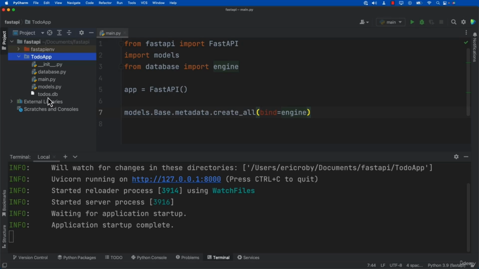Now you might be thinking, okay, well, how does this happen? Well, our models.Base.metadata.create_all(bind=engine) will create everything from our database.py file and our models.py file to be able to create a new database that has a new table of to-dos with all of the columns that we laid out in our models.py file. So this happens all behind the scenes on how to create a new database for our FastAPI application